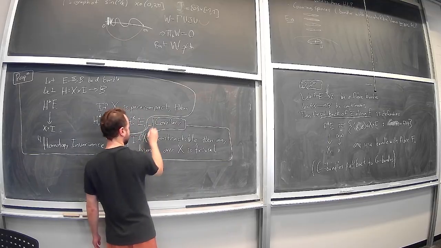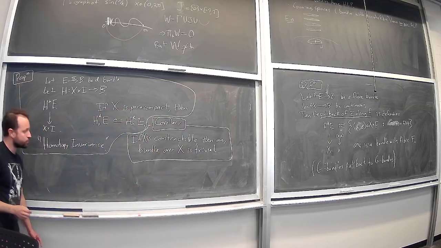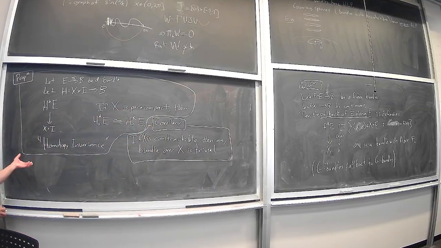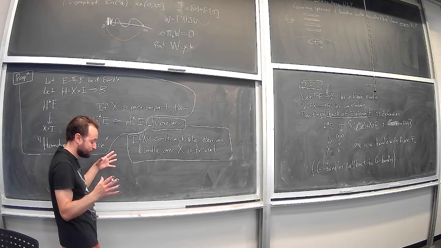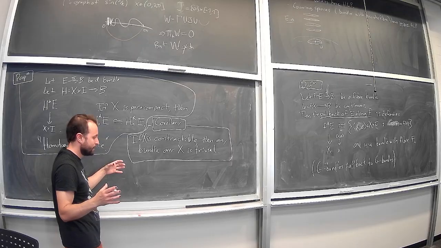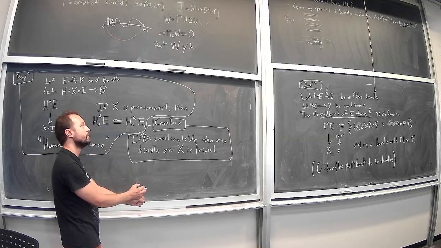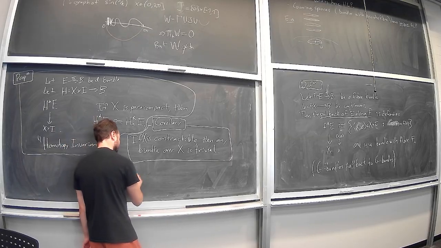So why is this a corollary? Well, we can just choose a homotopy equivalence of X with a point, right? Being contractible means you can take the identity function of X and shrink it down to a point. So that entire homotopy from X cross I,